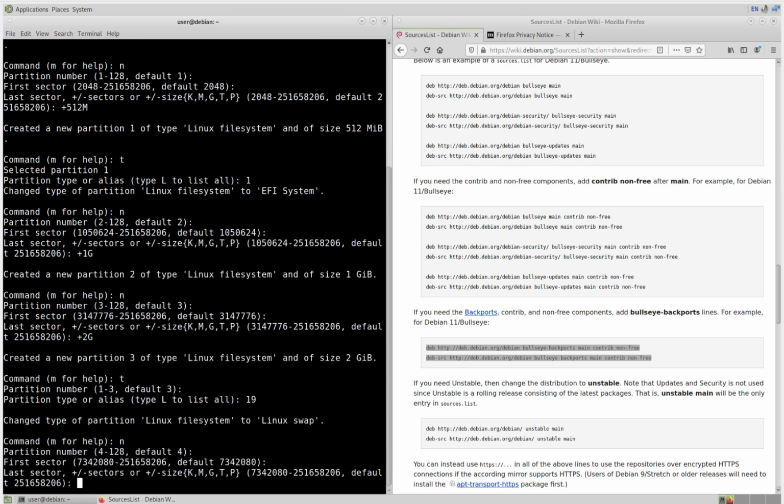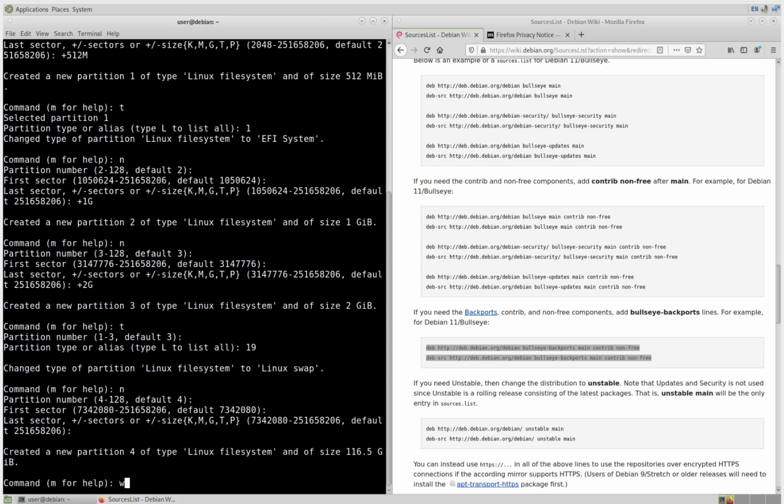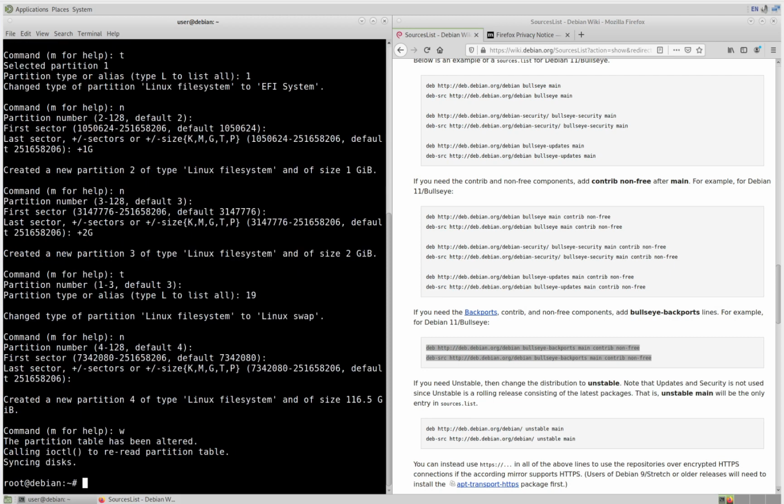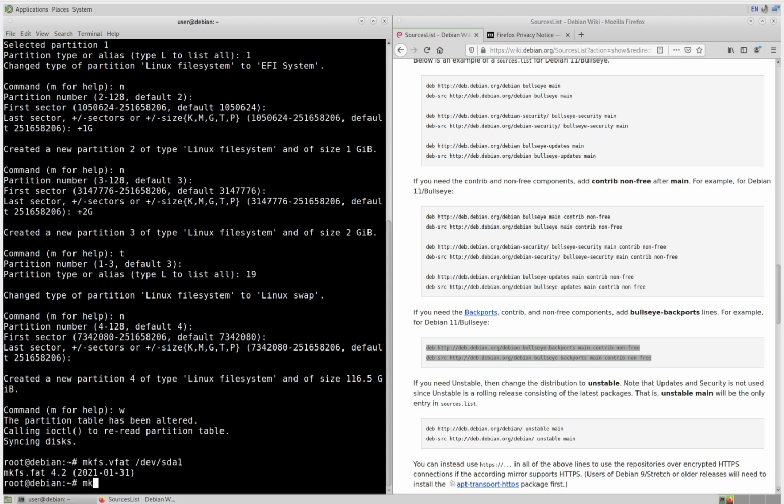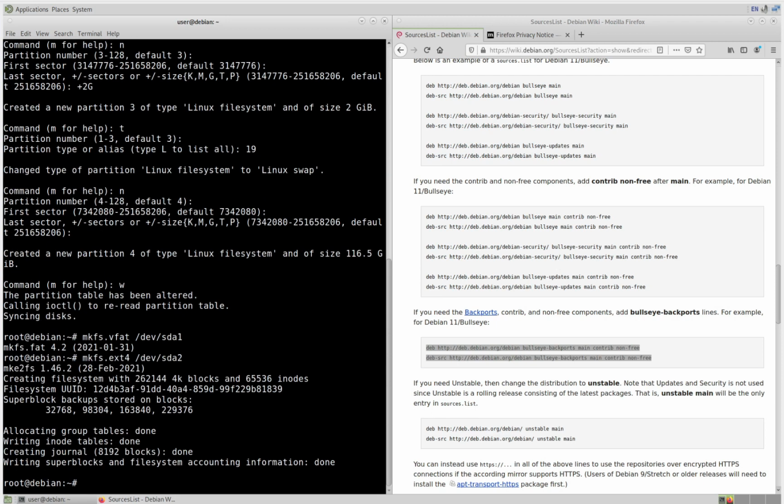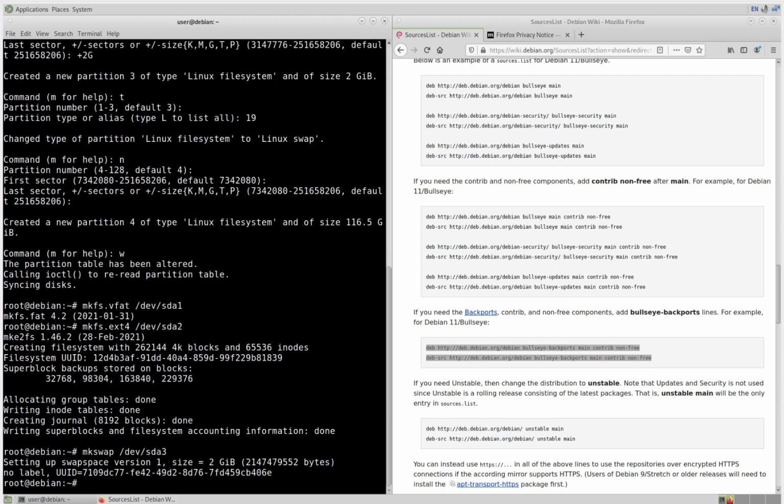And then the last file system just defaults all the way down for Linux file system, and W to write. So those have all been written to our hard drive. That is set. We need to partition these, or we need to give them file systems. So first, make file system: mkfs.vfat /dev/sda1, mkfs.ext4 /dev/sda2, mkswap /dev/sda3, and then now we need to make our